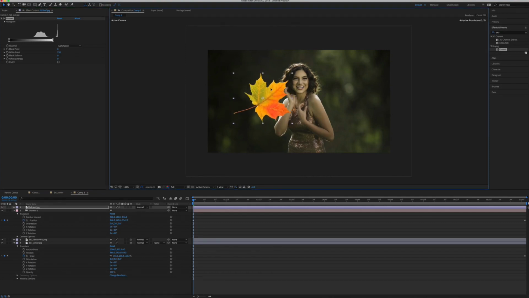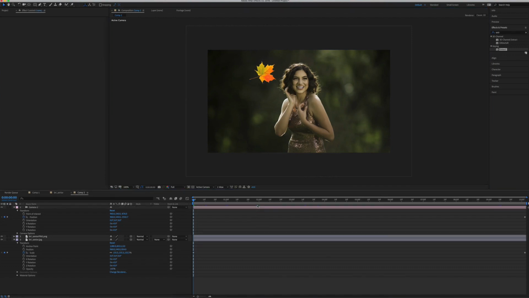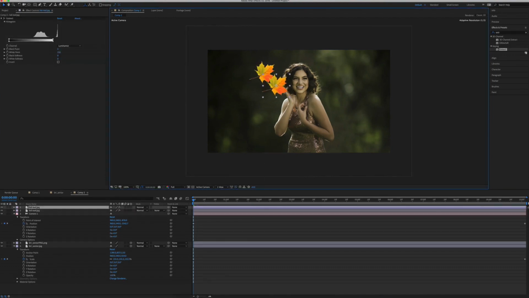But it really stands out, the leaf, and it doesn't really match her and the composition right now. So I'll need to do some adjustments to it. But before I do that, let's take care of the animation first. So what I want to do is scale it up like this. This is going to be in the front, and I'm gonna duplicate this and move one in the back